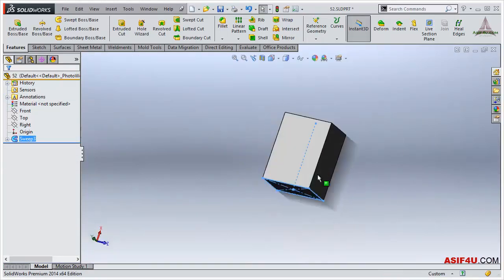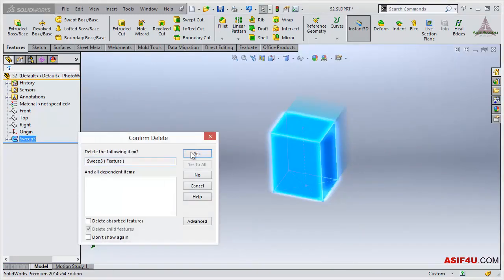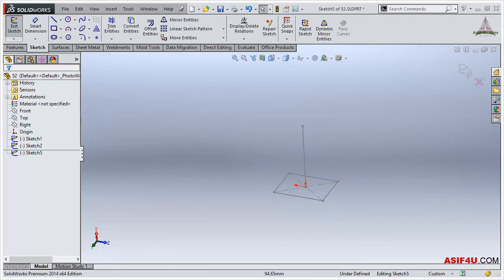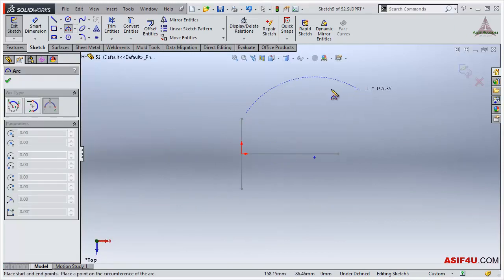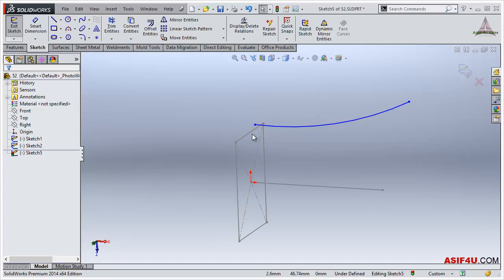And this will be my sweep. So now I will use one guide curve here. So first I have to make the guide curve first. I will make the guide curve on this top face. I am making this type of guide curve, but to apply this guide curve in the sketch, you must have to attach this guide curve with this profile